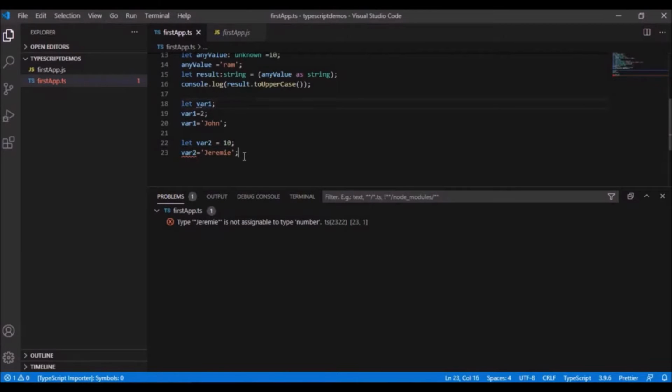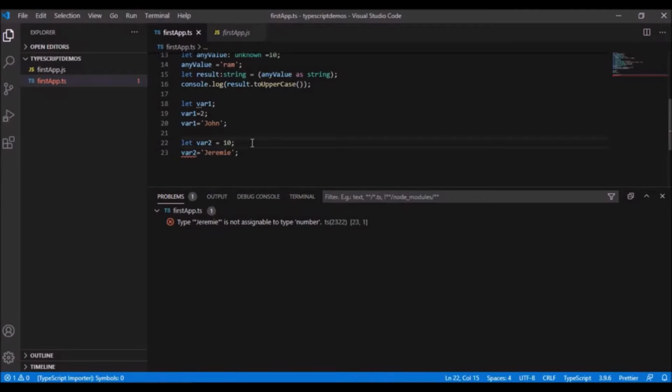So what the TypeScript compiler does, whenever we declare a variable with a particular value, it is assuming that variable can only accept a value of that particular data type. That is the reason when I declare var2 equal to 10, it is assuming there will always be a number stored in the variable var2.